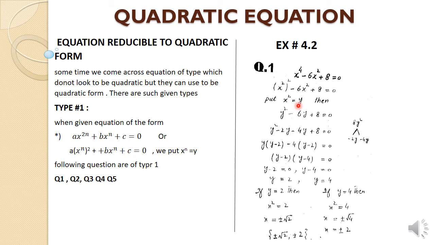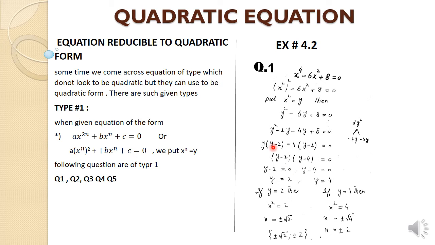Now students, we suppose that x^2 equals y and substitute in the above equation. Then it becomes y^2 minus 6y plus 8. Now you know this is a simple equation and how to factorize it. Split the middle term into minus 2y and minus 4y, and factorize, taking y common, then y minus 2 is left, and similarly taking minus 4 common, then y minus 2 is left.